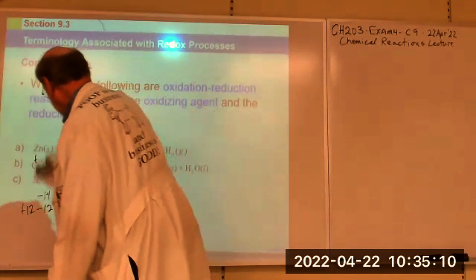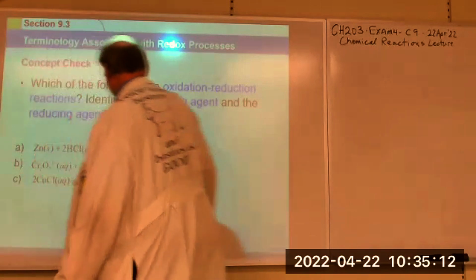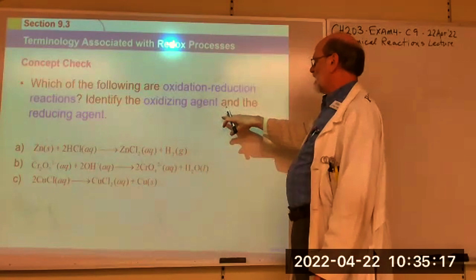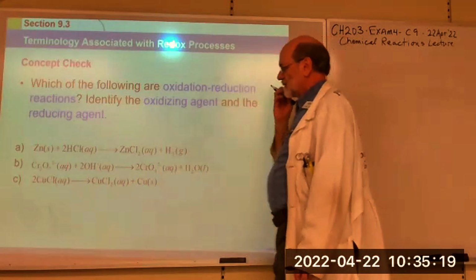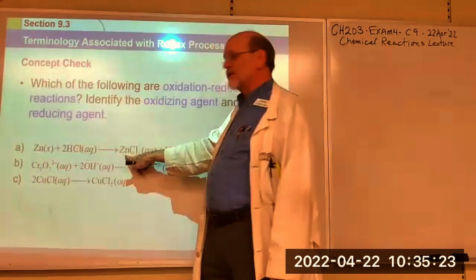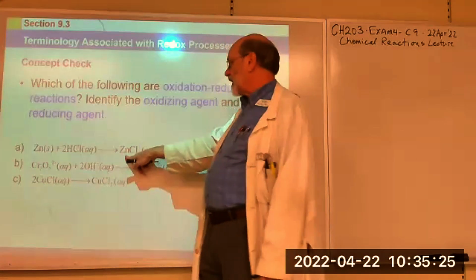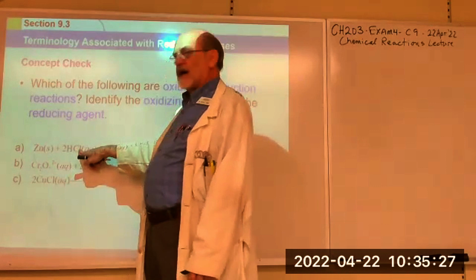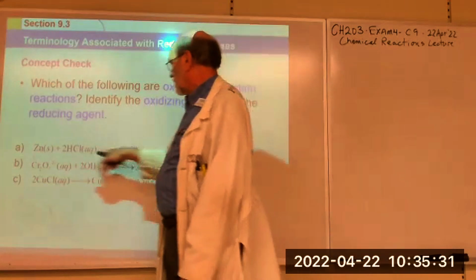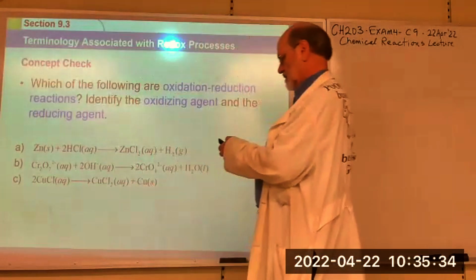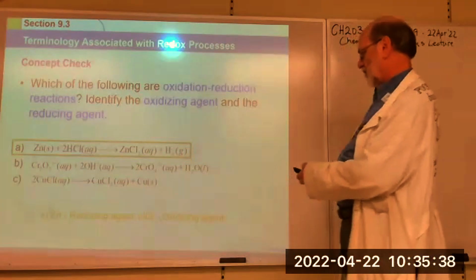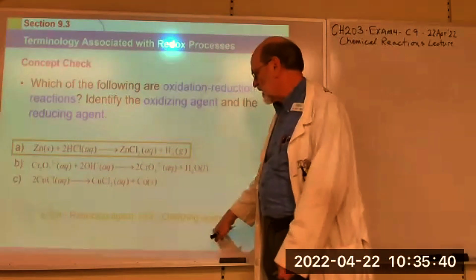Okay, then we have to say which is the oxidizing agent and which is the reducing agent? Well, zinc is oxidized. It goes from 0 to +2. So the oxidizing agent will be hydrogen chloride. The reducing agent would be the zinc. Okay. Zinc is the reducing agent, HCl is the oxidizing